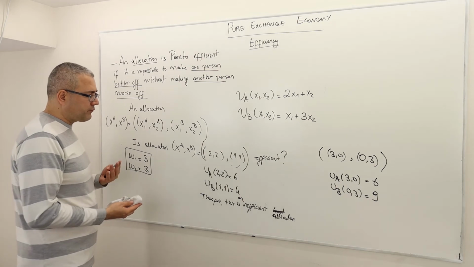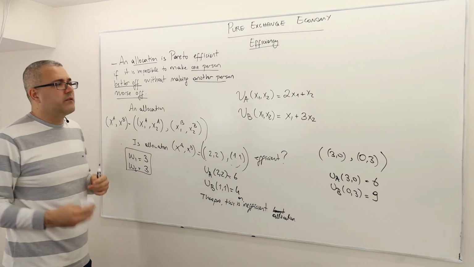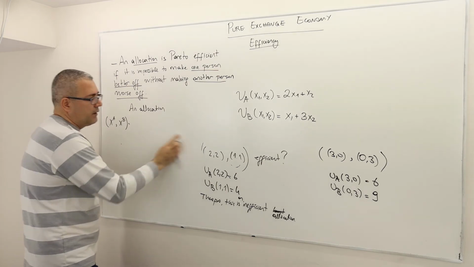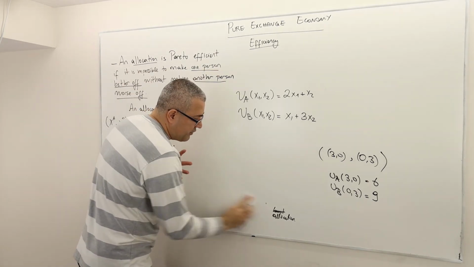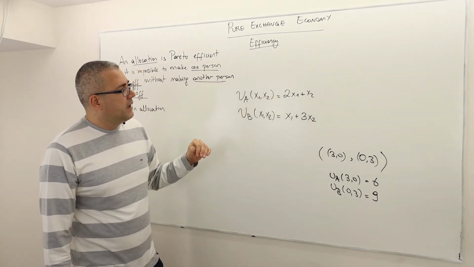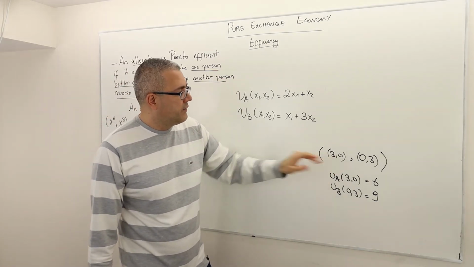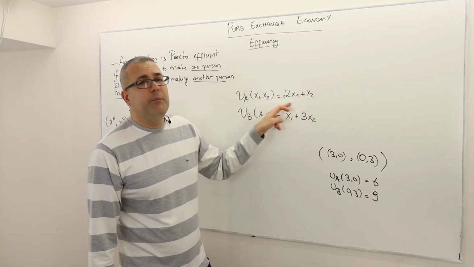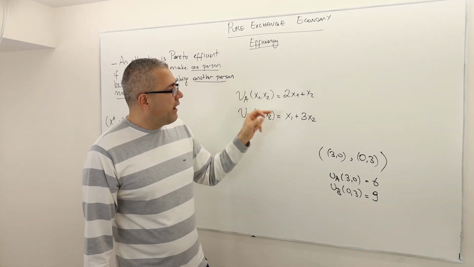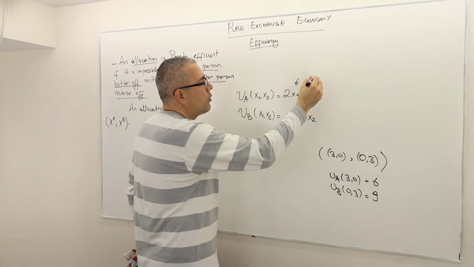An example. Well, let's pick this one. Is this efficient? 3, 0, 0, 3. Well, again, this is hard to check in general. But here in this example, the question you should ask yourself is: when Anita is consuming 3 of good 1 and 0 of good 2, can I make her happier? Well, if you want to make her happier, what you have to do is give her more x1 or more x2.